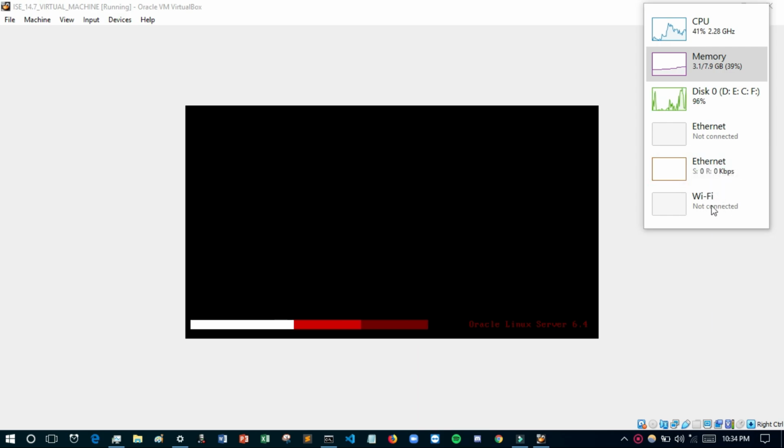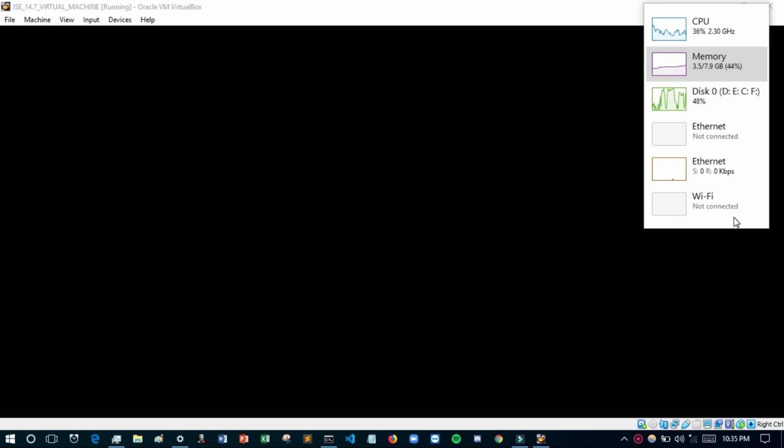And now you have to remember that you shouldn't close anything forcefully, or if you are facing any problem, just comment below and I will tell you everything. Okay. Now this file is going to open, so wait for some time. This is the Oracle Linux Server 6.4, you can see here. So wait for some time, and I am skipping some time, so I request you to be patient because it is a very large file.